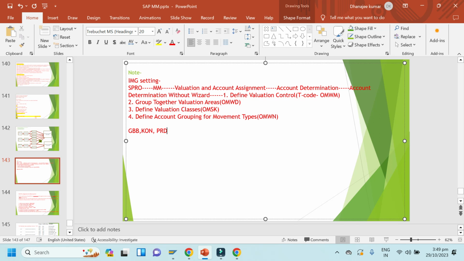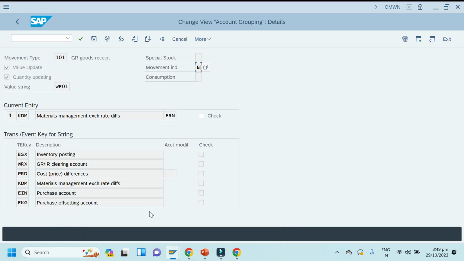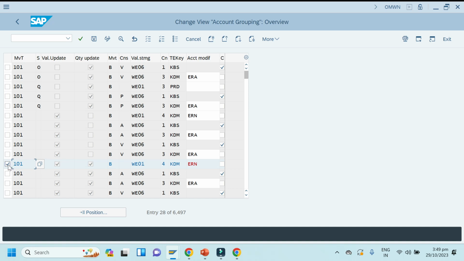Select the required movement type, note it down, and click the detail button.